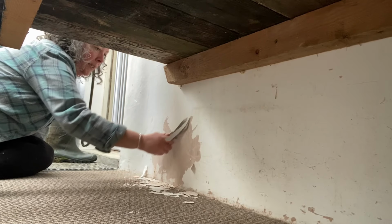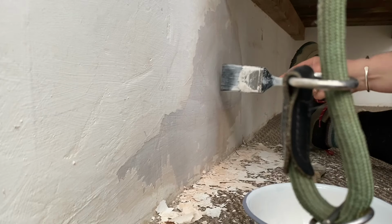I'm going to quit while I'm ever so slightly ahead on this wall, otherwise I could be there all day and peel paint off the entire wall, and I can't be doing with all that, so